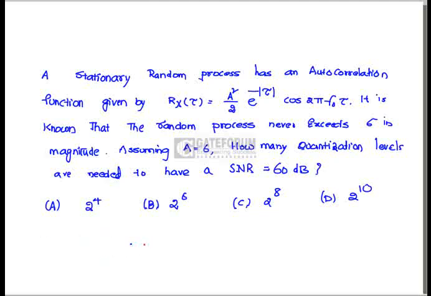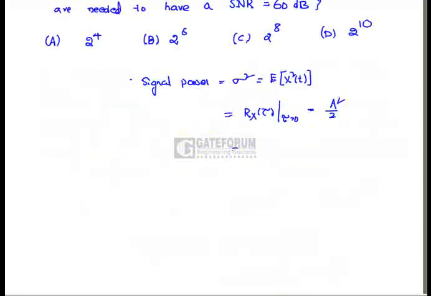Here the signal power, which equals variance sigma square, equals expectation of x square of t, equals Rx of tau at tau equals 0, whose value is given as A square by 2, A equals 6, 36 by 2, that is 18 watts. Whereas the noise power